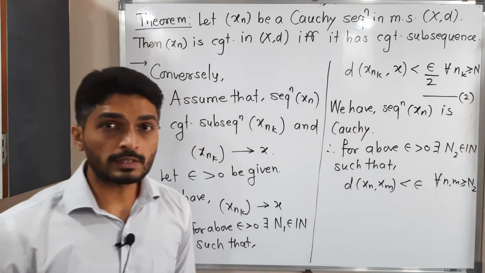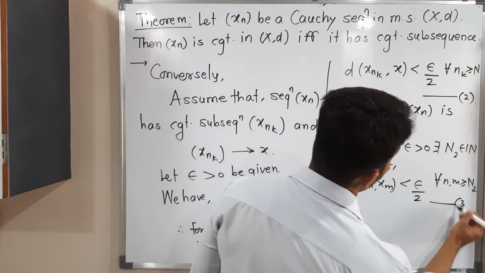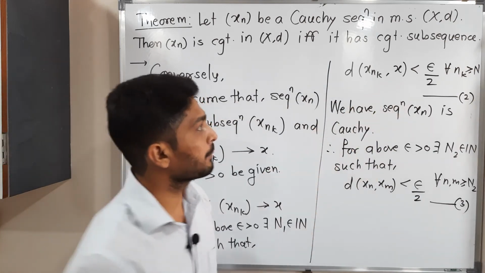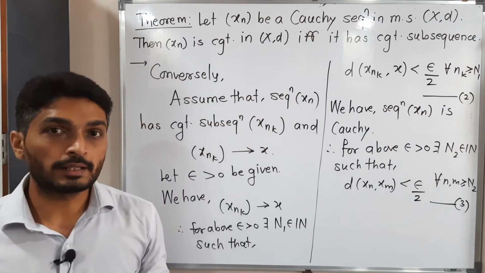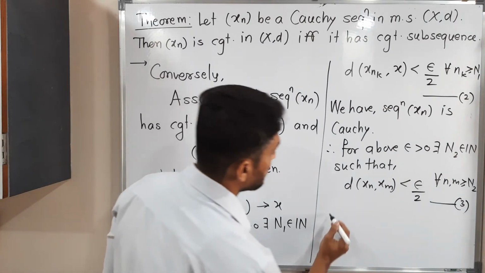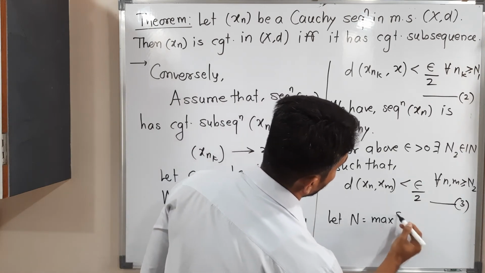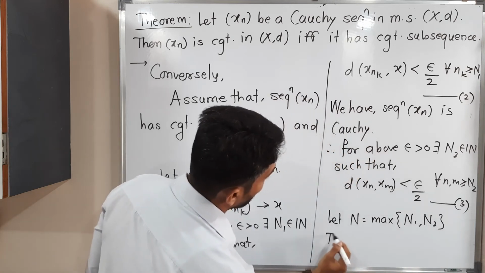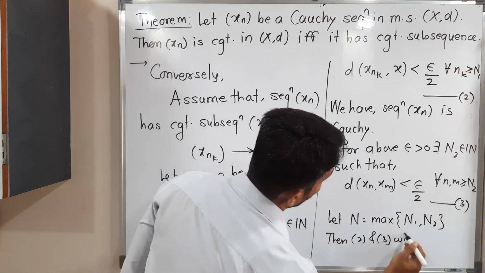So here also, obviously I am going to do one adjustment, that is, instead of epsilon I am taking epsilon by 2. This is inequality number 3. So 2 is true for capital N1, right? 3 is true for capital N2. Let us take the maximum of N1 and N2, then both of them will be true simultaneously. So let N be equal to the maximum of N1 and N2. Then 2 and 3 will work